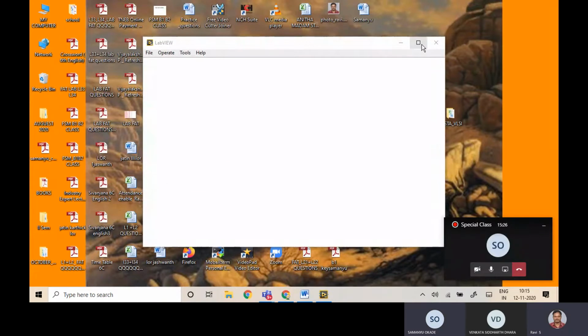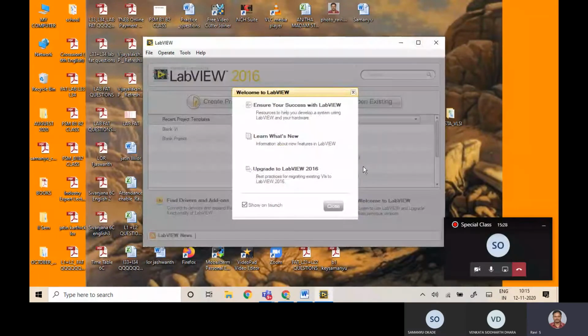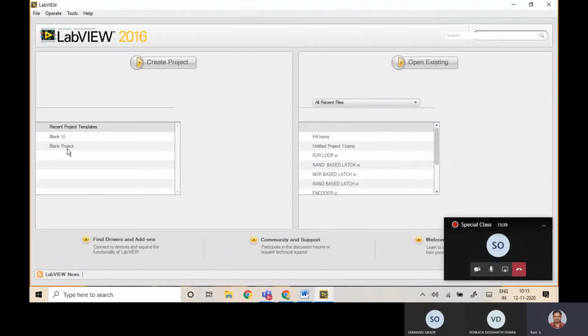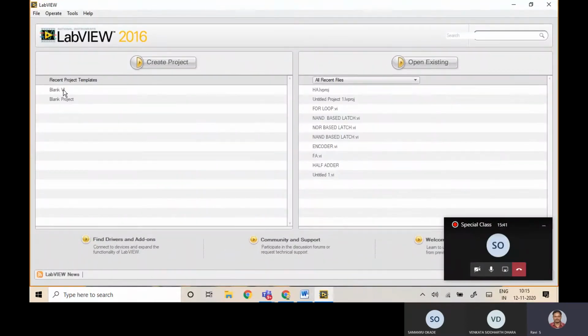Okay, sir. Okay. See, this is the software, LabVIEW. Now what I'm doing is opening a blank page.